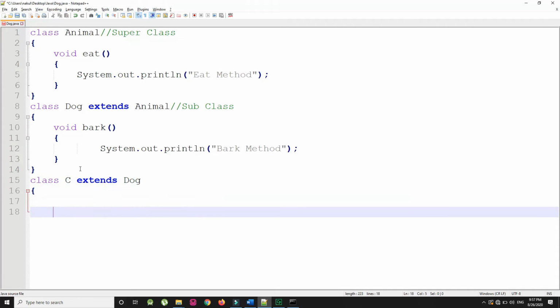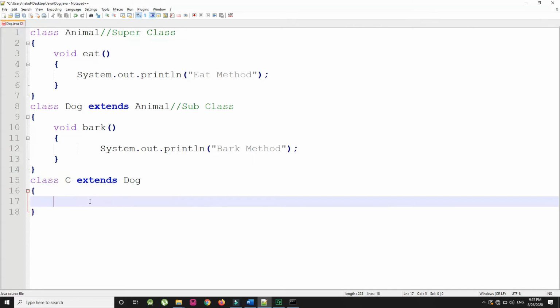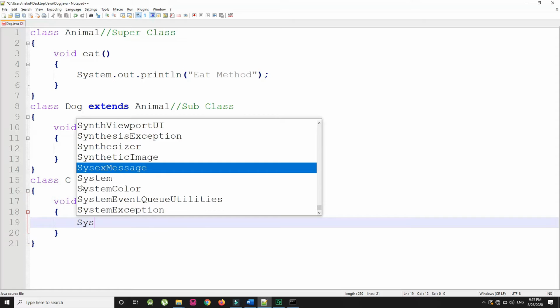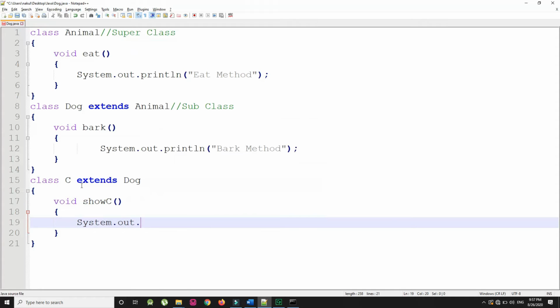So I have created a class C that extends class Dog, and in this class I am going to create a method, void showC. In this method I am going to write System.out.println("C method").